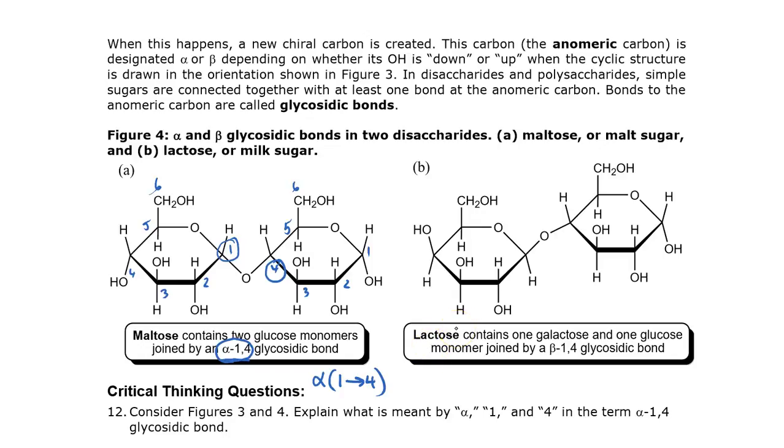Over here we have another disaccharide, which is lactose. Lactose joins not two glucoses, but one glucose and one galactose. So if I look at these, I can figure out which one is which, just like I did before. 6 carbons, but the OH here is down, up, and down, so that's glucose. 6 carbons, but the OH is down, up, and oh, look at that, it's up. The only difference between glucose and galactose is that one chiral center switched at carbon number 4.